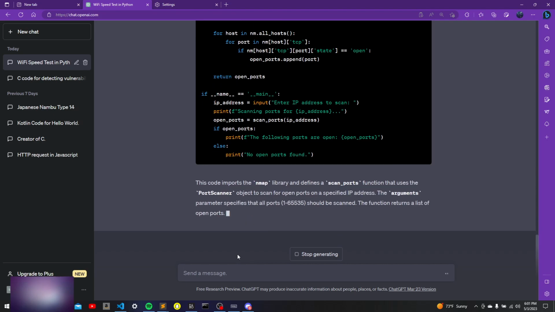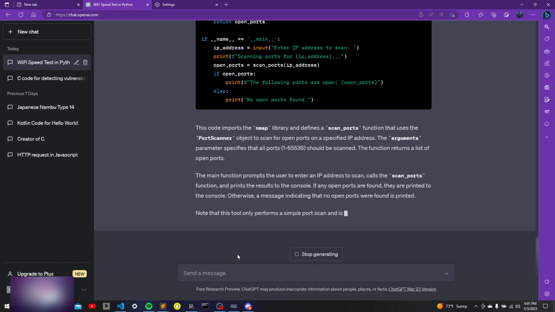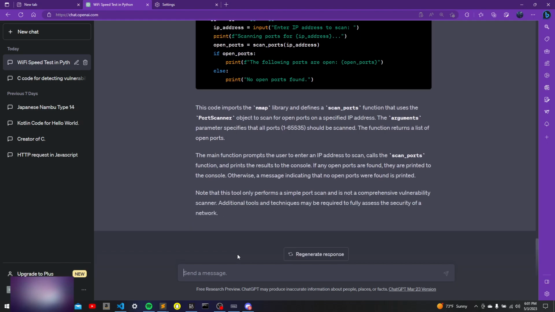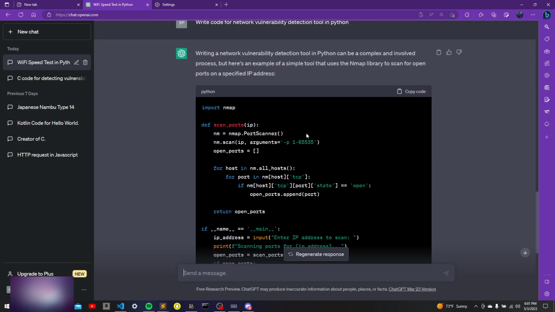But see, that's basically just an nmap scan, a port scan using nmap. So it's not really what I would call a network vulnerability detection tool, but it does detect open ports and